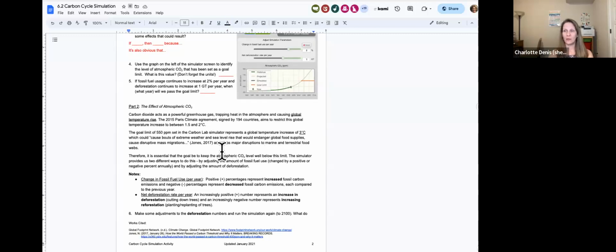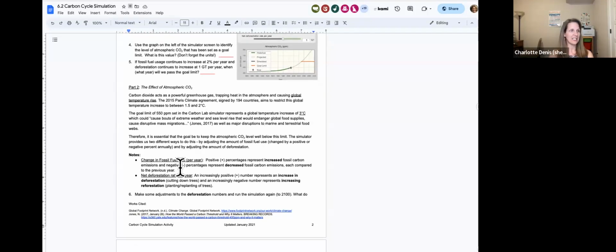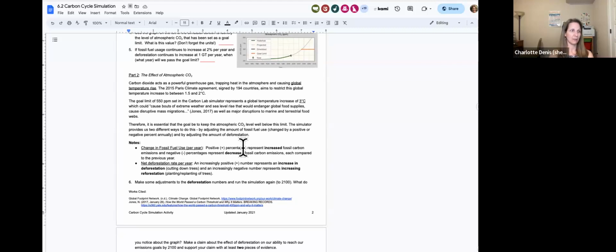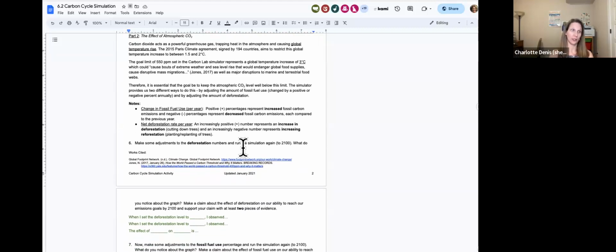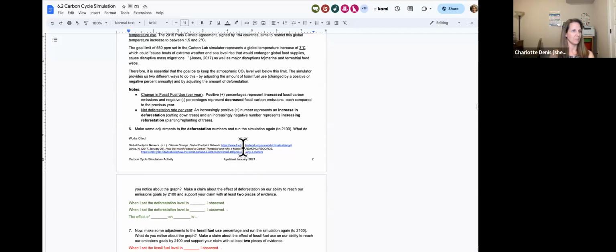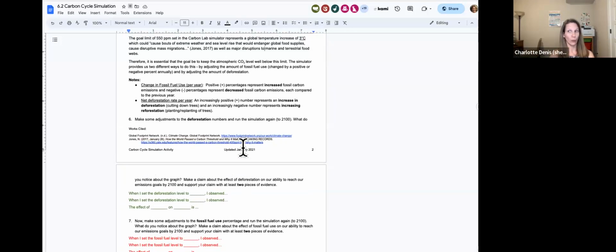But we know that would actually cause such bad extreme weather and sea level rise that global food supply would be endangered. So we need to keep that number below, certainly well below 3C. And I think they're now talking like 1.5, and we're already at 1. So